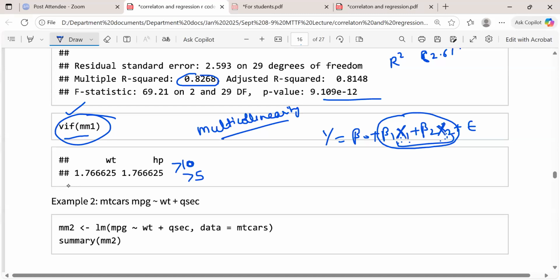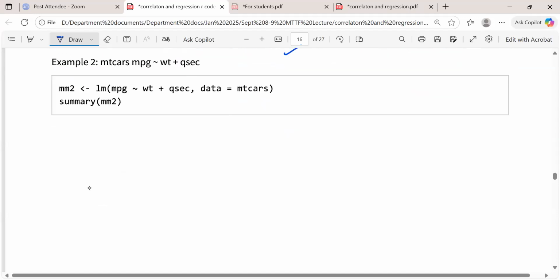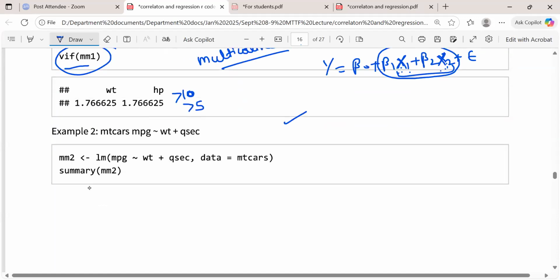But here we find that both values are less than 10, or less than 5. So we can proceed further in that direction. And we can also cross-check the further assumptions, like testing the normality, the Shapiro-Wilk test, and other things. Okay. So in the same manner, we can proceed with another example in which we can take WT with